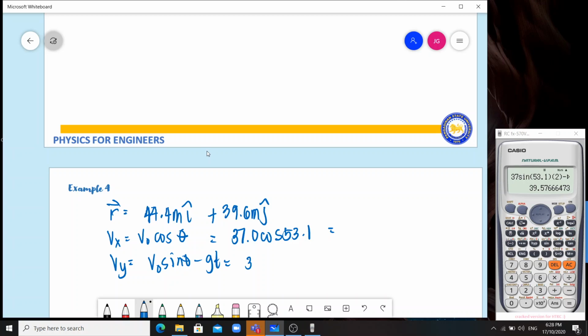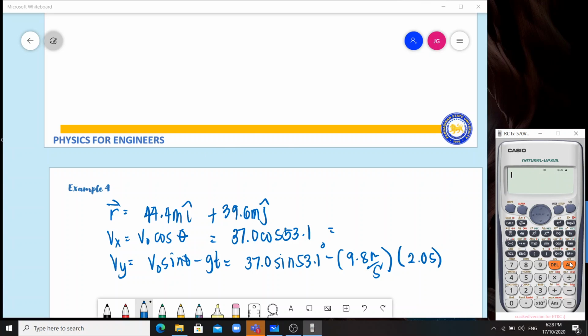This is 37.0 sine 53.1 minus 9.8 meters per second squared times how many seconds? 2. So let's compute: 37 cosine 53.1 is 22.8 meters per second. Our y is